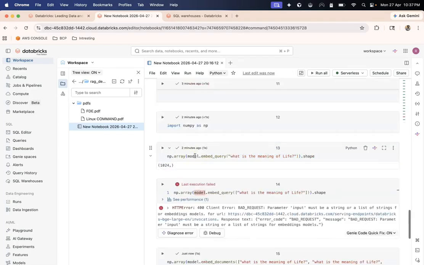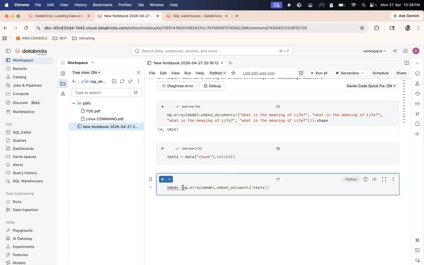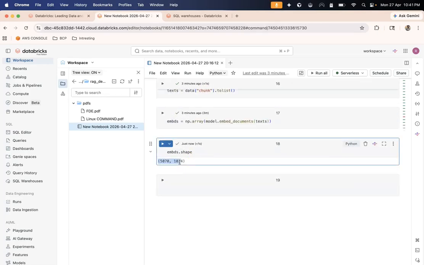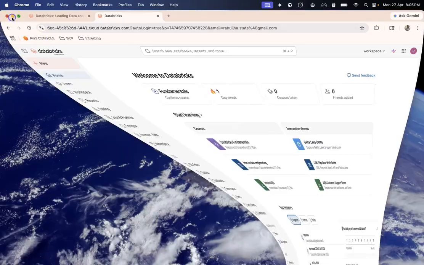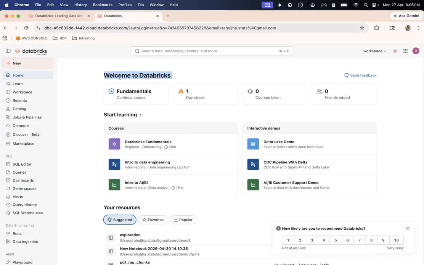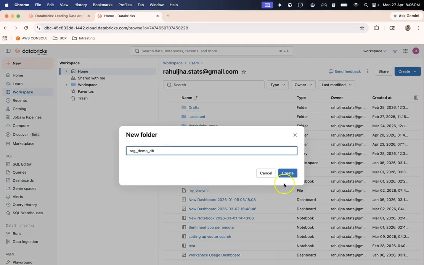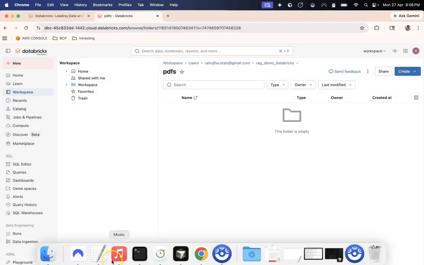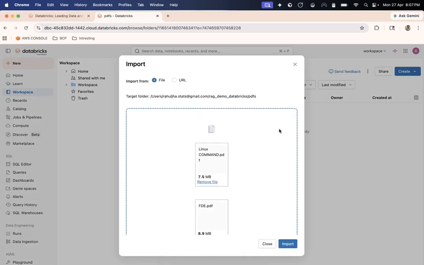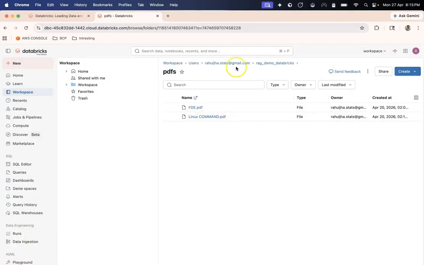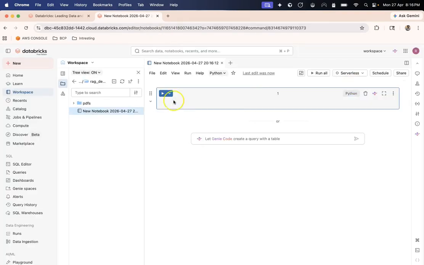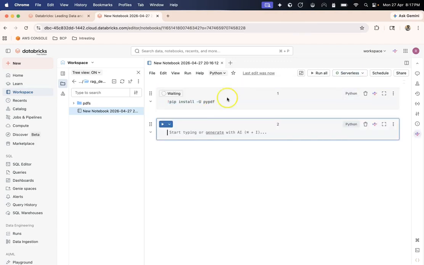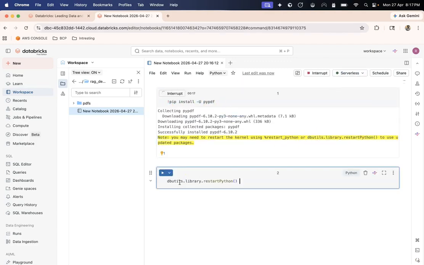So by the end of this video, you will not just know how to use RAG, you will understand what actually happens inside a RAG system. You will understand why chunking matters, why embeddings are needed, how retrieval works, how the prompt is created, and how the final answer is generated using the retrieved content. And the best part is that we will do this inside Databricks using tools like PyPDF, LangChain text splitters, Databricks LangChain, Databricks embedding endpoints, and Databricks chat model endpoints.